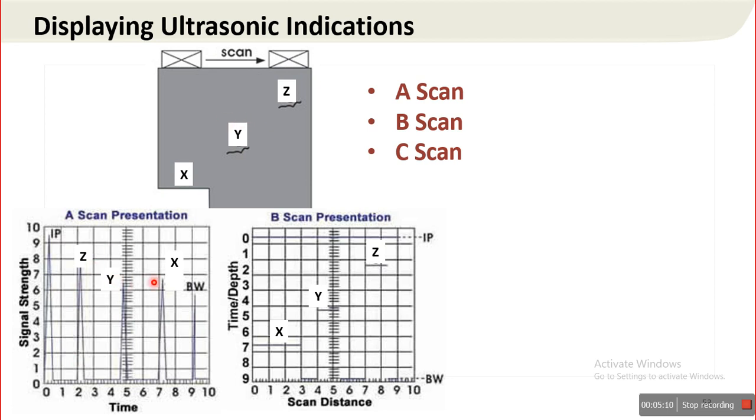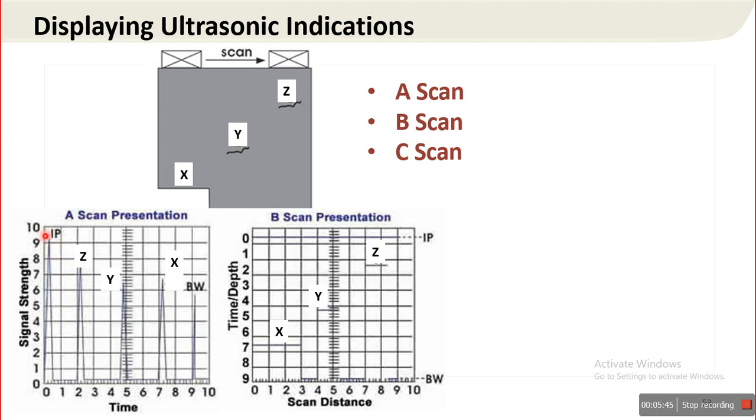See here the amplitude of various echoes is different for different discontinuities. Reflector depth can be determined by position of signal on the horizontal time axis. So here it is an initial pulse, this is Z, this central one is Y, this response is from X, and this is back wall echo.